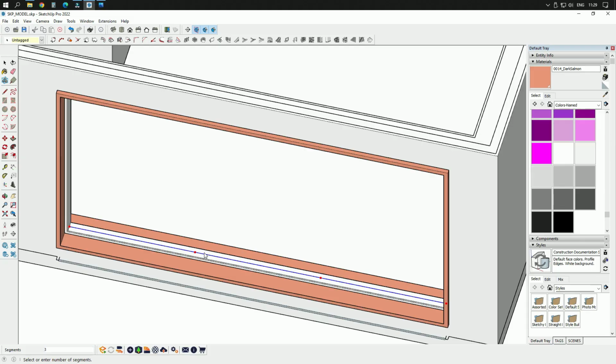So I will click here again, and now I have this point here, this one and this one, and I can draw a simple rectangle from this point